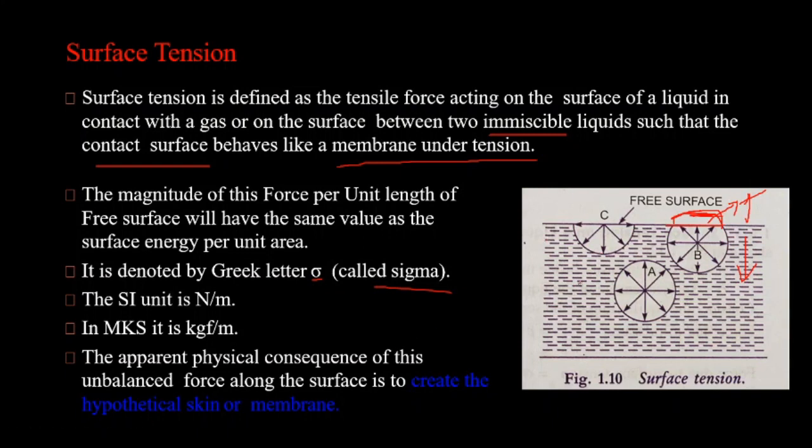Okay, when you come to the molecule C, situated on the free surface of a liquid, it experiences a resultant downward force. So ಇಲ್ಲಿ ಯಾವ ಫೋರ್ಸಸ್ ಇಲ್ಲ, correct? ಮೇಲ್ಗಡೆ ಯಾವ ಫೋರ್ಸಸ್ ಇಲ್ಲ, so it is acted upon only in the downward direction, right? It is acted upon only by the downward direction. So due to this downward direction ಅಲ್ಲಿ ಏನು